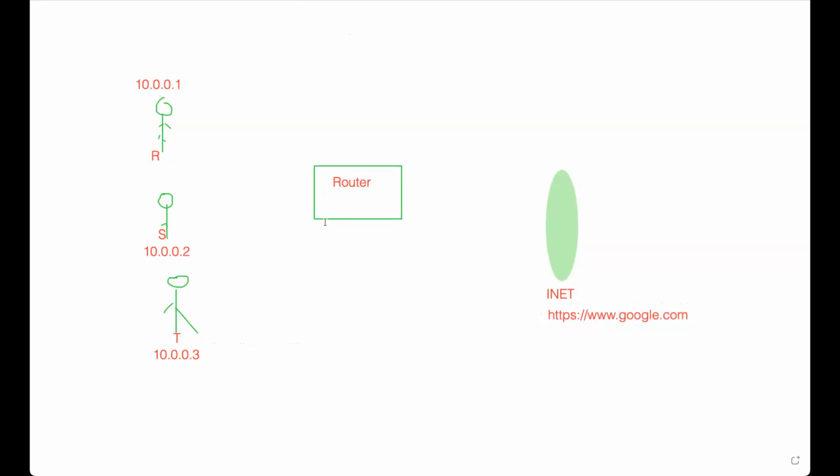From my router, I have a public IP 198.160.100.103. So I have only one public IP, but I want these users to go